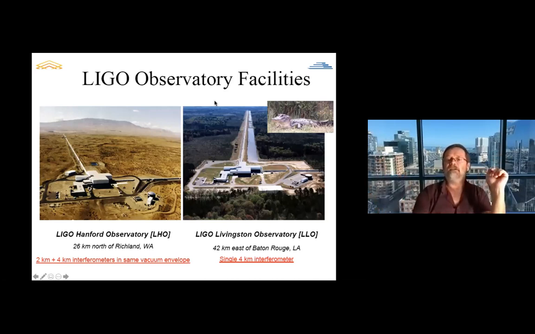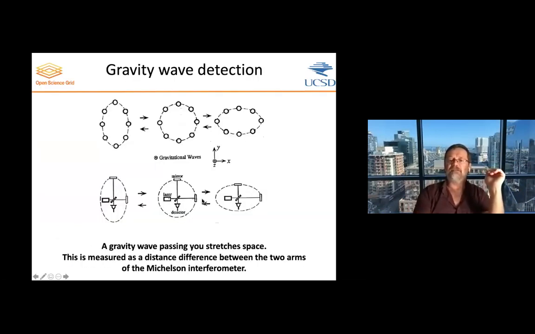Because the laser beam is shot across 4 kilometers in this cavity and is not allowed to have any kind of disturbances, you have absolute, incredibly good vacuum in here so that the light doesn't scatter off any atoms or molecules inside the cavity. So this is an unbelievable tour de force. If I remember correctly, the strain sensitivity, meaning the distance difference here, is 10 to the minus 19 meters. Okay, wow. It is the absolute most precise distance measurement that anybody on Earth has ever made in any way, shape, or form.